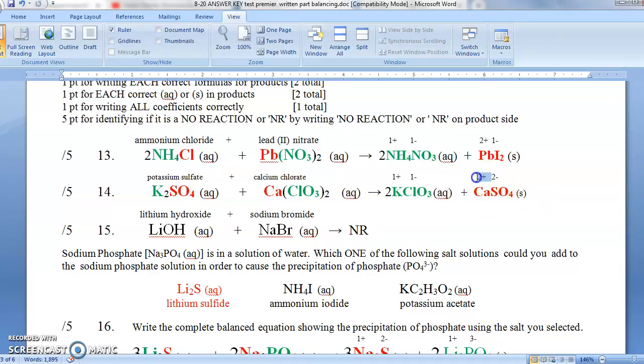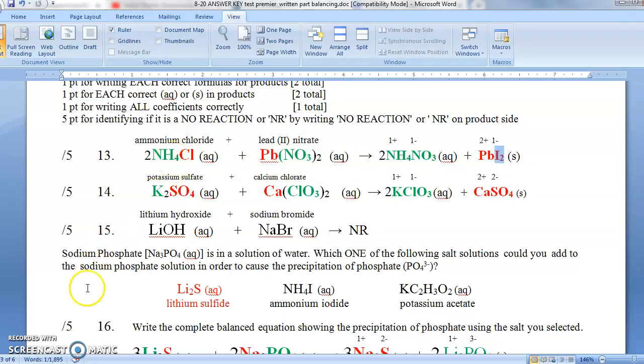We mentioned calcium's an alkaline earth. They're 2 plus. They have 2 valence electrons. Sulfate's always 2 minus. Crisscross, reduce. CaSO4. We have 2 chlorates here. We have 2 potassiums here. We need a 2 in front. In this reaction, we had 2 iodides there. We're going to need,